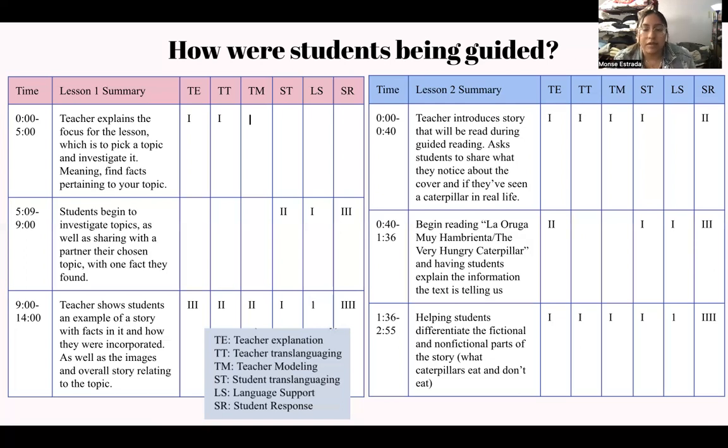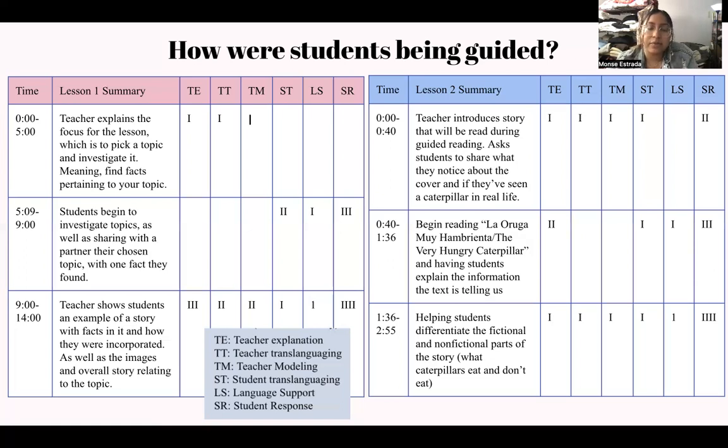And again, that kind of helped those students that were strong in Spanish and not strong in English, but then also the students that were stronger in English and not strong in Spanish. So it was kind of like that back and forth. And I just translated as I went if I had any English examples.